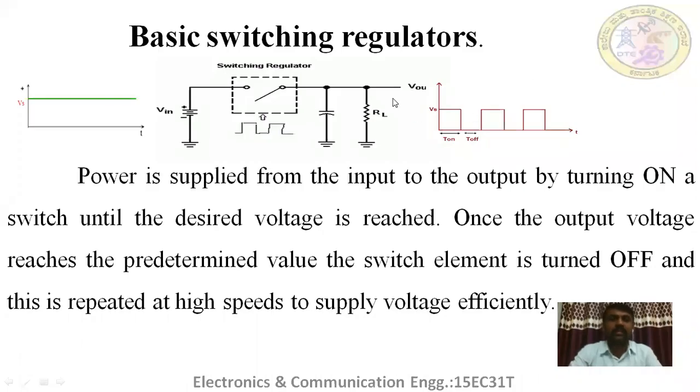Let us see how this switching regulator resolves the demerits of the linear voltage regulator. We know that this is the transistor. In a linear voltage regulator, the main element is the transistor, used in the same place. In a linear voltage regulator, the transistor is always connected, that is, always on. But here, the transistor alternately connects and disconnects the input. Therefore, the first problem, the dissipation of power, is solved. There is no heat, or less heat means less dissipation. So the first problem is solved.